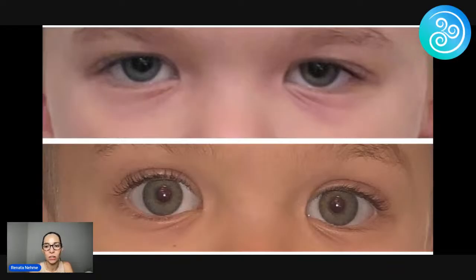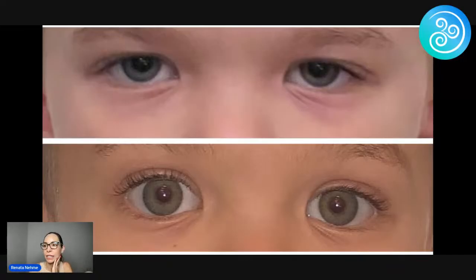So what do you see over there on the top? We're going to look at it clinically first. So clinically, I see white sclera underneath the eyes. What does that mean? Can you guys see my cursor? Or can you see my cursor here? I'm not sure which one works. Okay. I think it's this screen that you guys can see my cursor. I'm not really sure which one you can see.